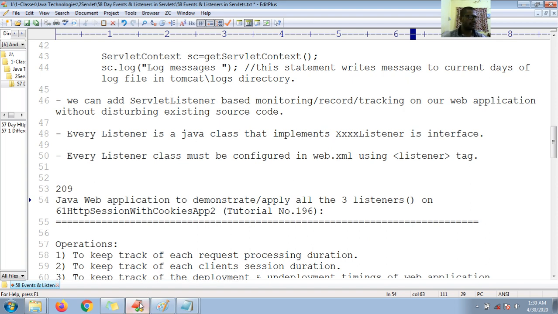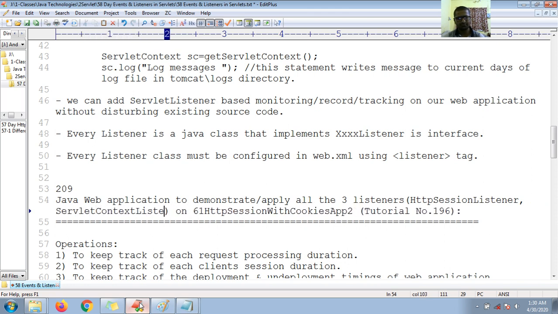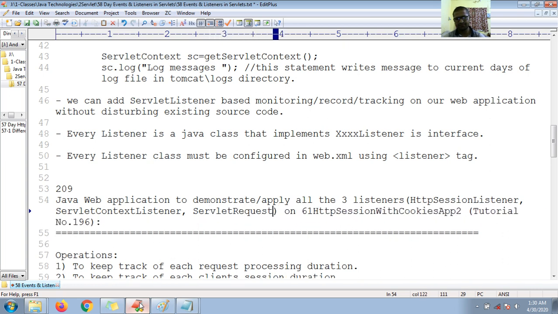First of all, let me add HttpSessionListener, comma, let me add ServletContextListener, and ServletRequestListener.